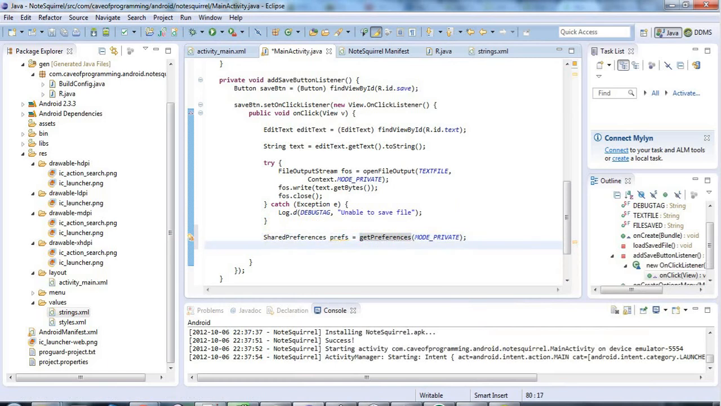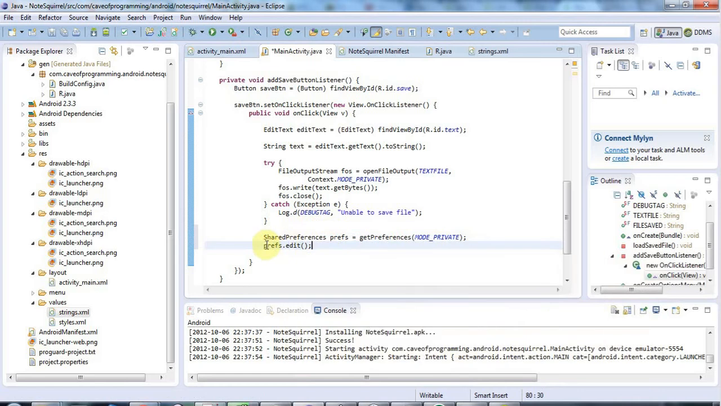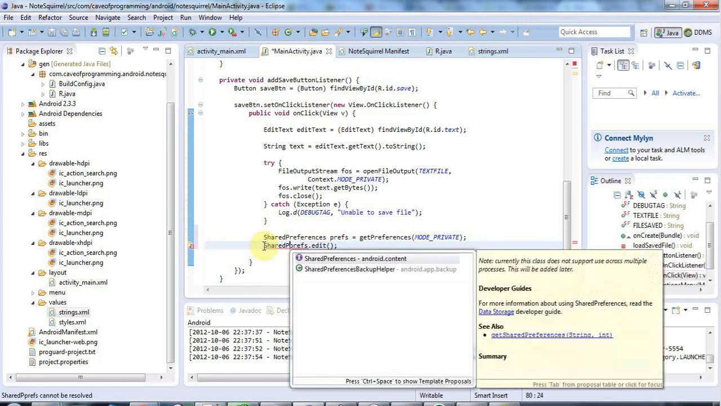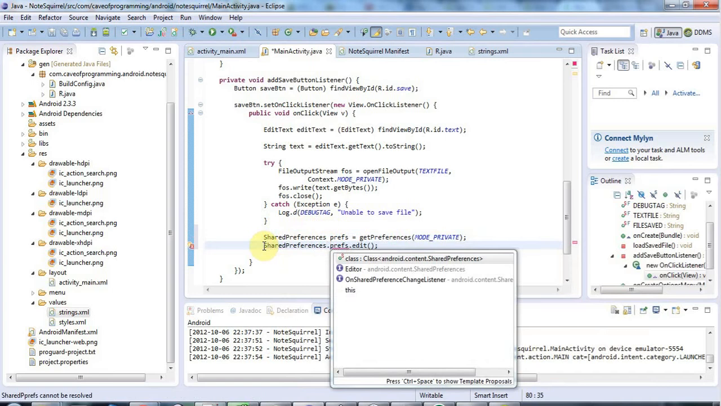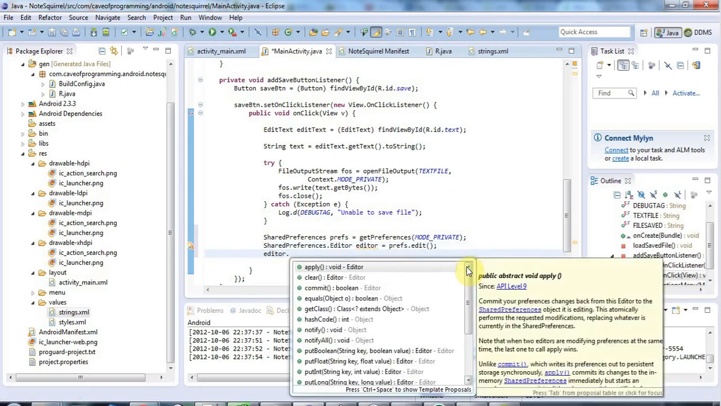And to edit these preferences, I need to say prefs.edit, and that returns, if we hover over it, an object of the type SharedPreferences.Editor. So I'll declare SharedPreferences.Editor. So it's an inner class of the SharedPreferences class, and let's call that editor equals. And now finally I can say editor dot, and you talk about